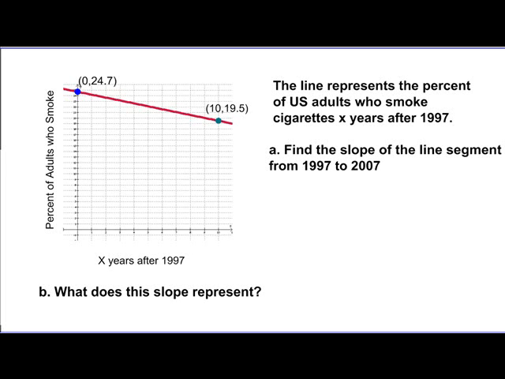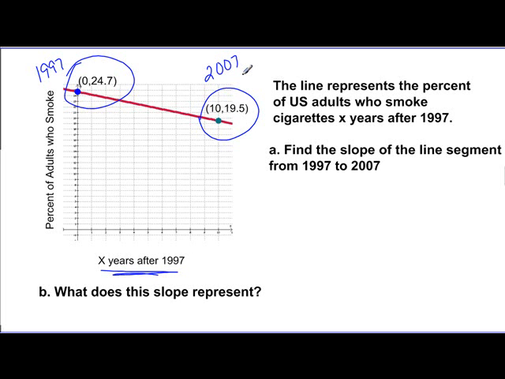So the point, let me get my pen where I can use it. The point (0, 24.7) means that when X is 0, so in 1997, there were 24.7% of adults who smoked. In the year when X is 10, so in other words in 2007,